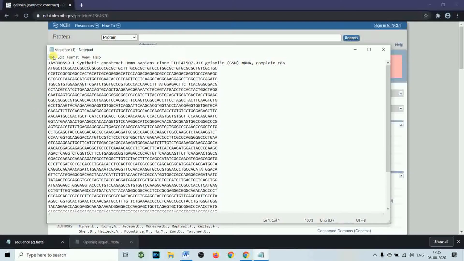This you can rename like files, save as.